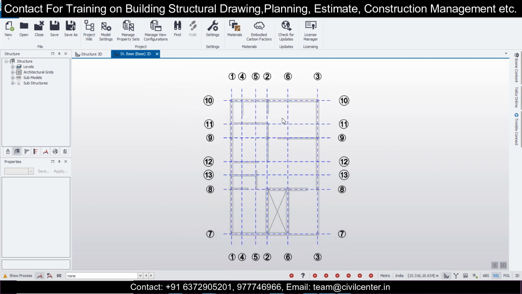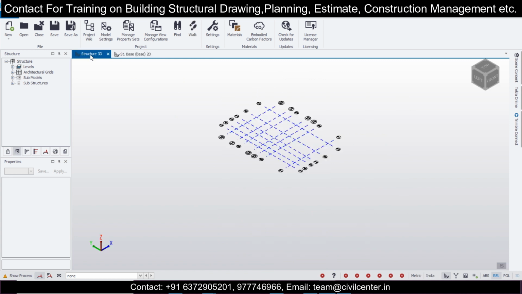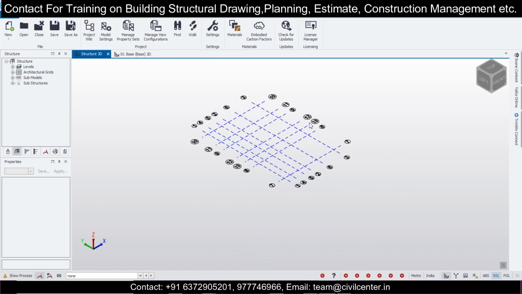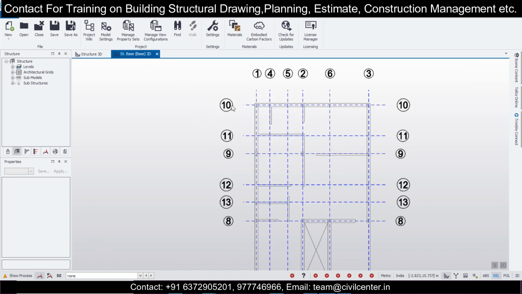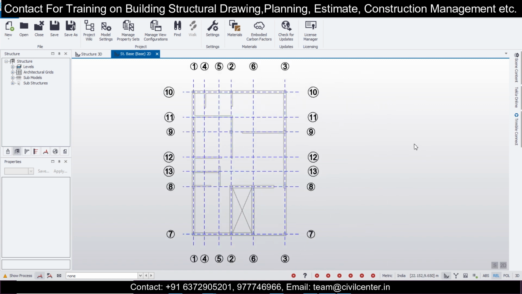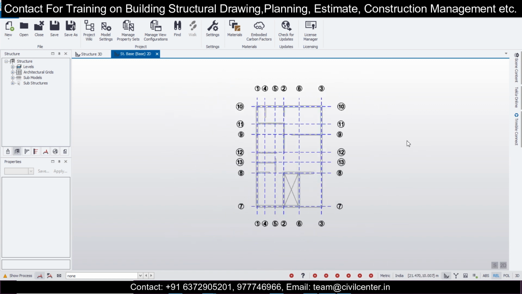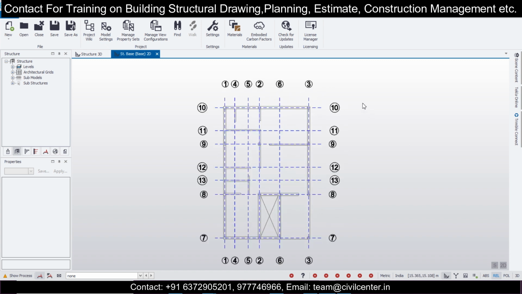So once this is done, let's go. So previously we had imported the grids in the Tekla Structural Designer, and we had also imported the shadow for our twin beams, and in the previous video we had shown how to place the columns and make the center line diagram properly without any errors in the AutoCAD and then import it in the Tekla Structural Designer.